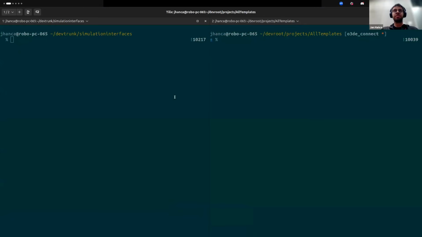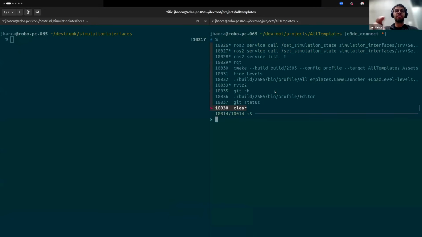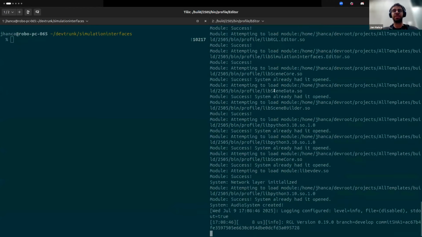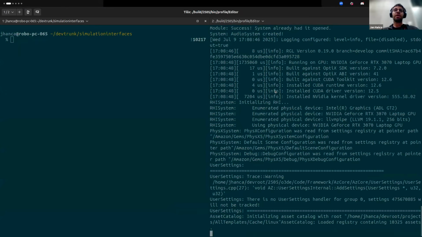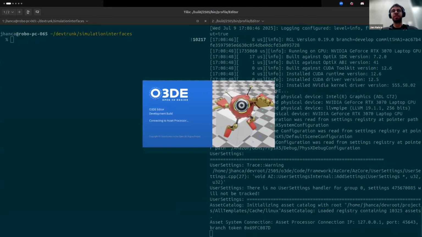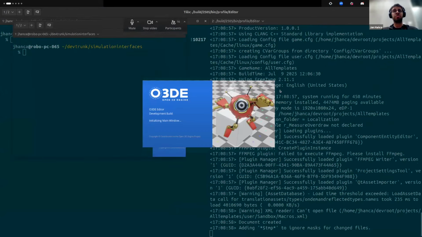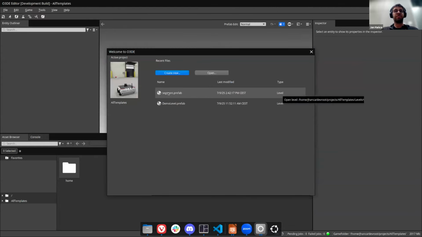So you should be still seeing my screen. I will start the editor and I will show you a small demo of the station. I hope everything works. As a backbone, I'm using the GPU LiDAR. So that should be a bit quicker, even though the scene is not complex at all. So it's very, very fast.